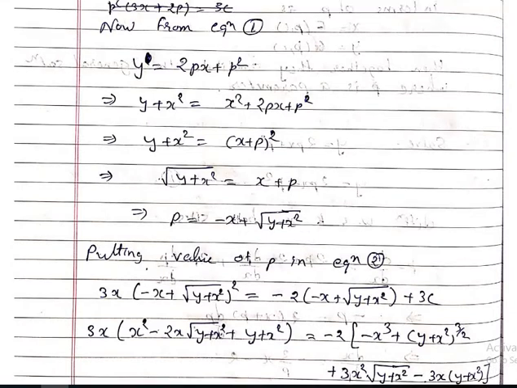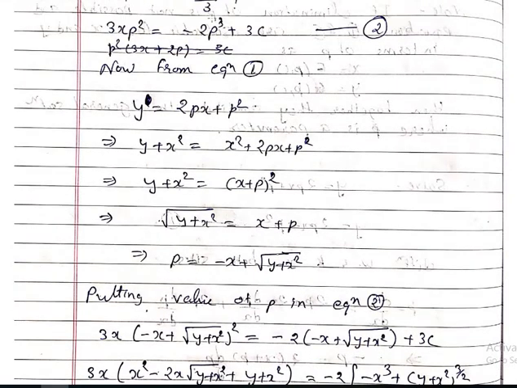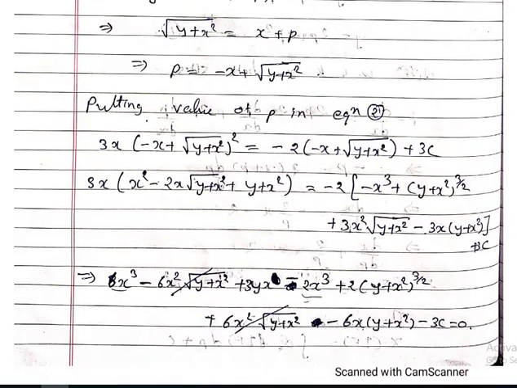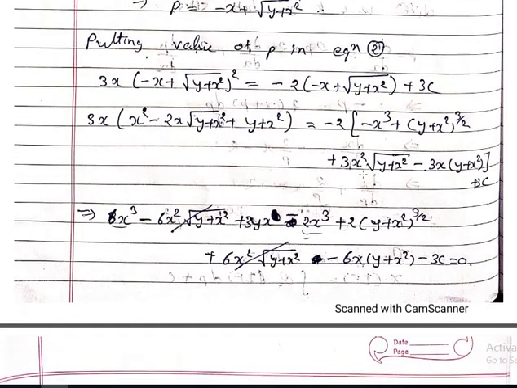Put this value of p in equation 2 and simplify. So putting that value in equation 2, that will give you 3x into minus x plus under root of y plus x square, whole square, is equal to minus 2 into minus x plus under root of y plus x square, whole cube, plus 3c. Now expanding this term and simplifying,